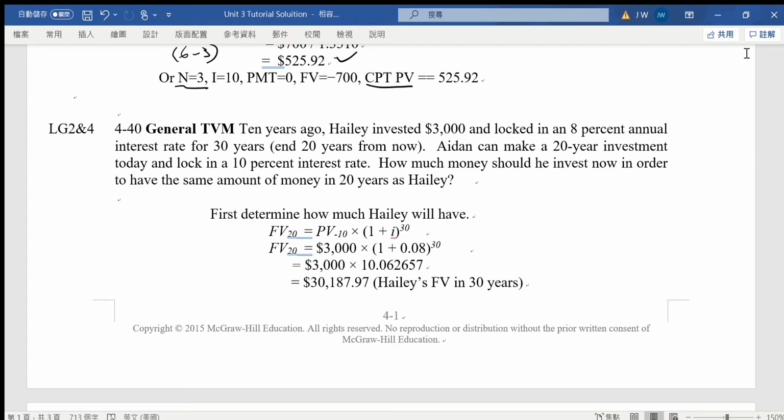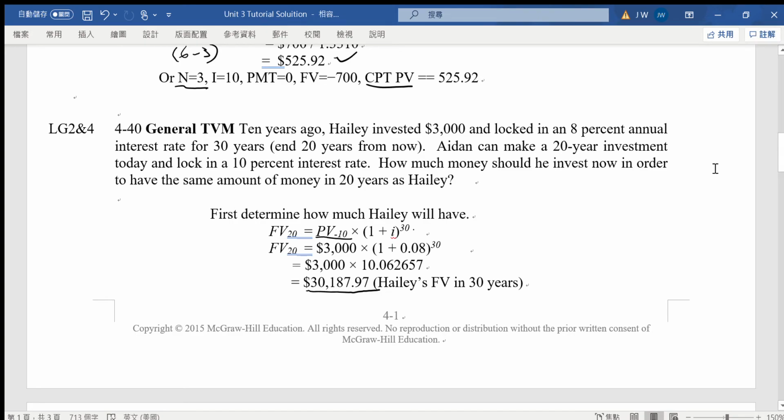Okay, so it's about the future value 30 years later, and the present value was invested 10 years before already, compounded over 30 years. Finally we can work out that Haley in year 30 will receive